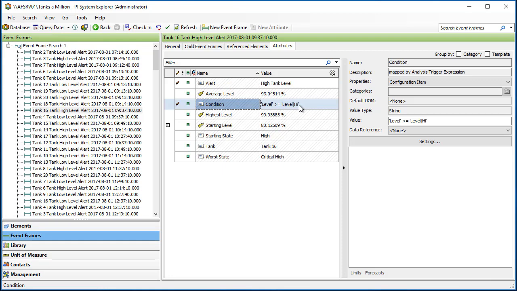Condition, I don't know if I would ever include conditions in my event frames later, but I just wanted to show you what it did in case you were curious. But I do like this alert because I can post that in email messages. So there you go. This is what we see in PSE. So the next thing we're going to do is try to mimic the same thing in our own AF applet.